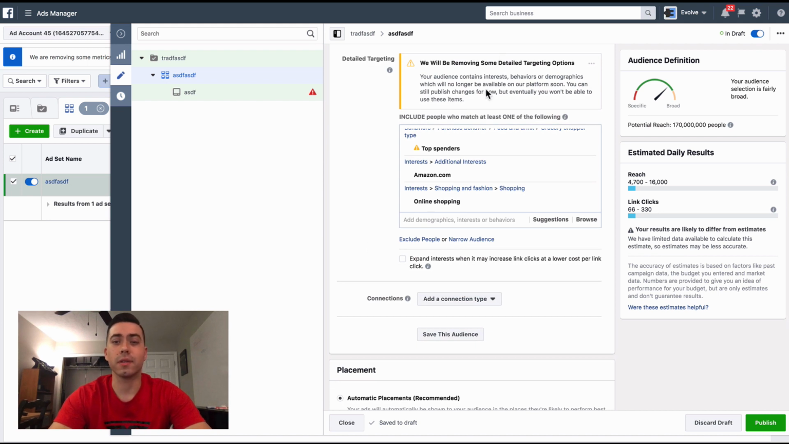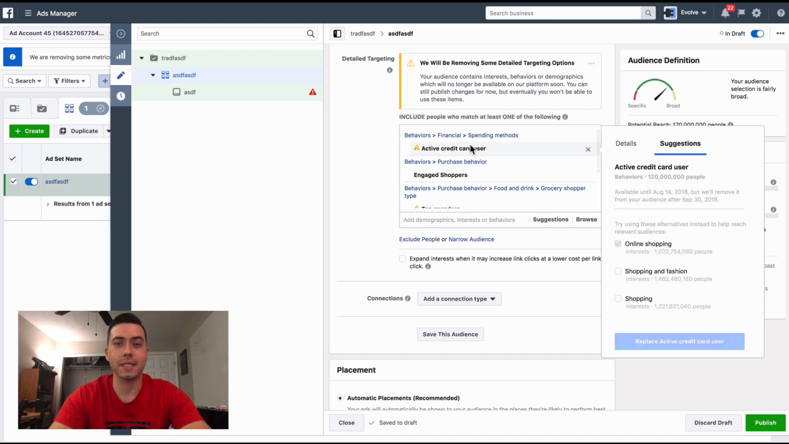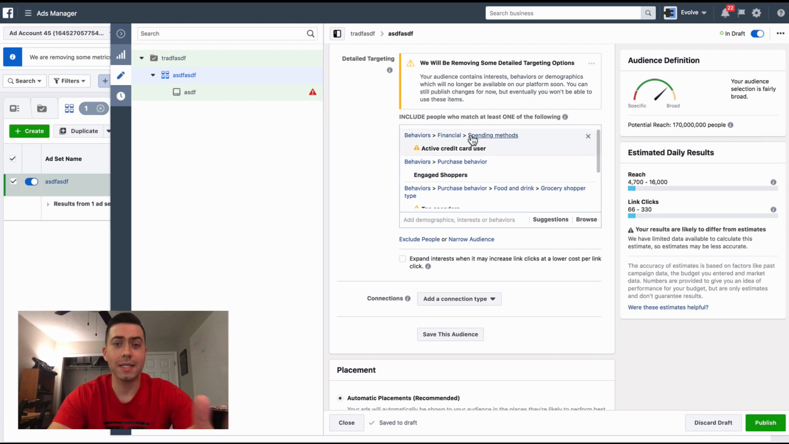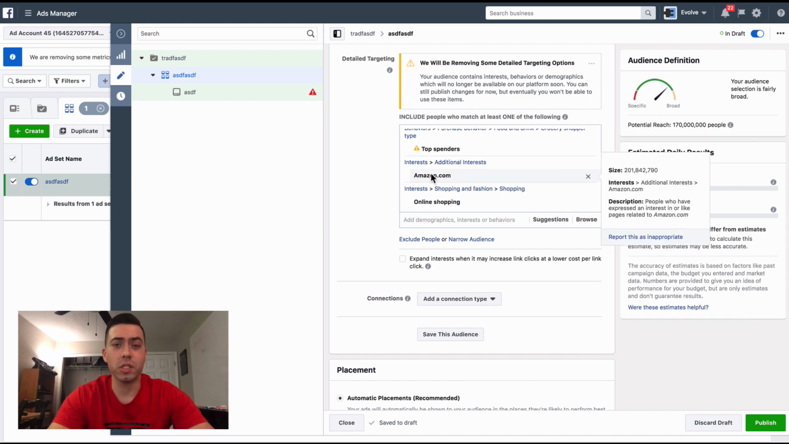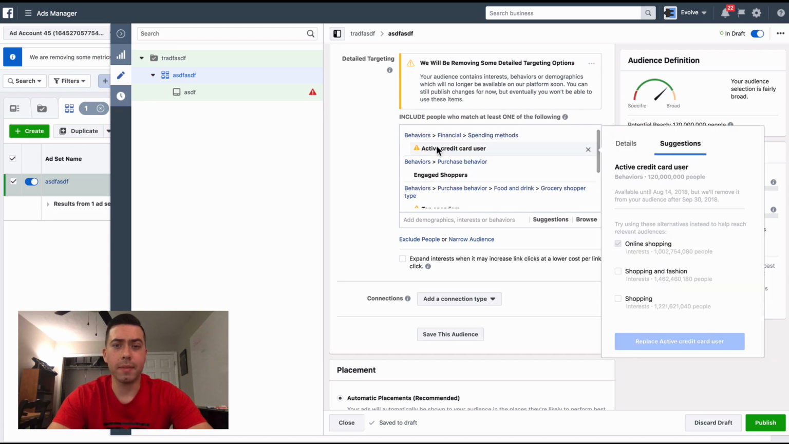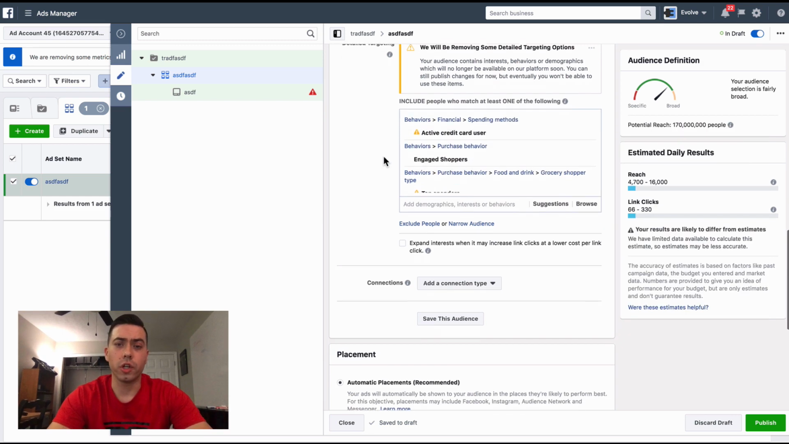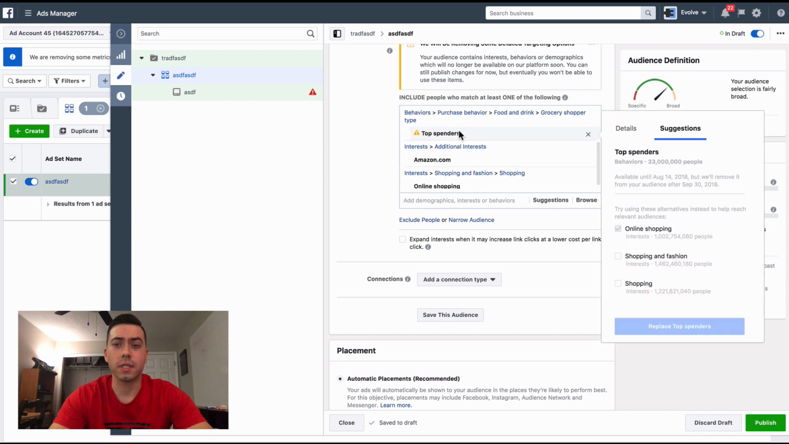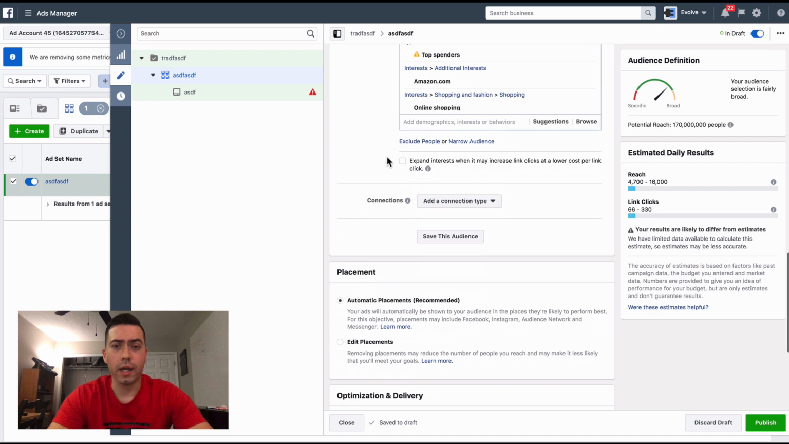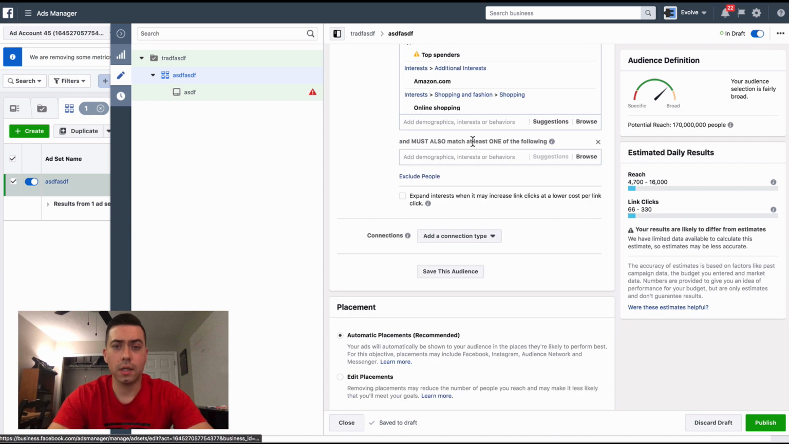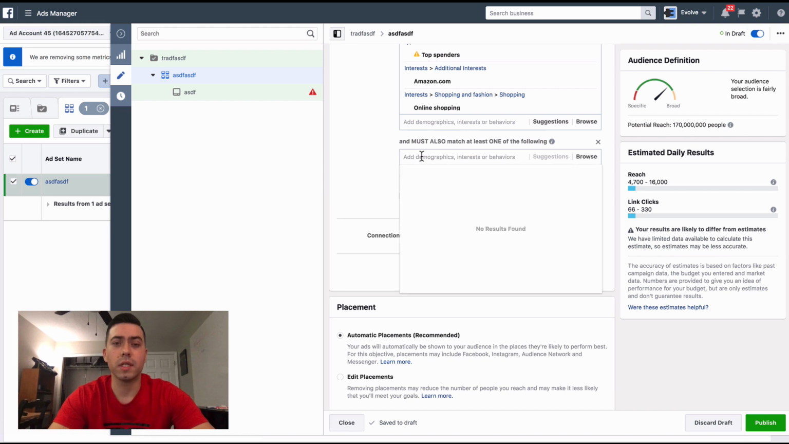Now we're gonna narrow these down. Again, you don't have to put all of these in the same box. I'm just putting them in there so that you can see that. You can definitely do Amazon.com and maybe active credit card user, maybe 1 or 2 of these at most, because again, these are gigantic audience sizes. So now we're going to hit narrow audience, and we're going to use some of these other ones that are